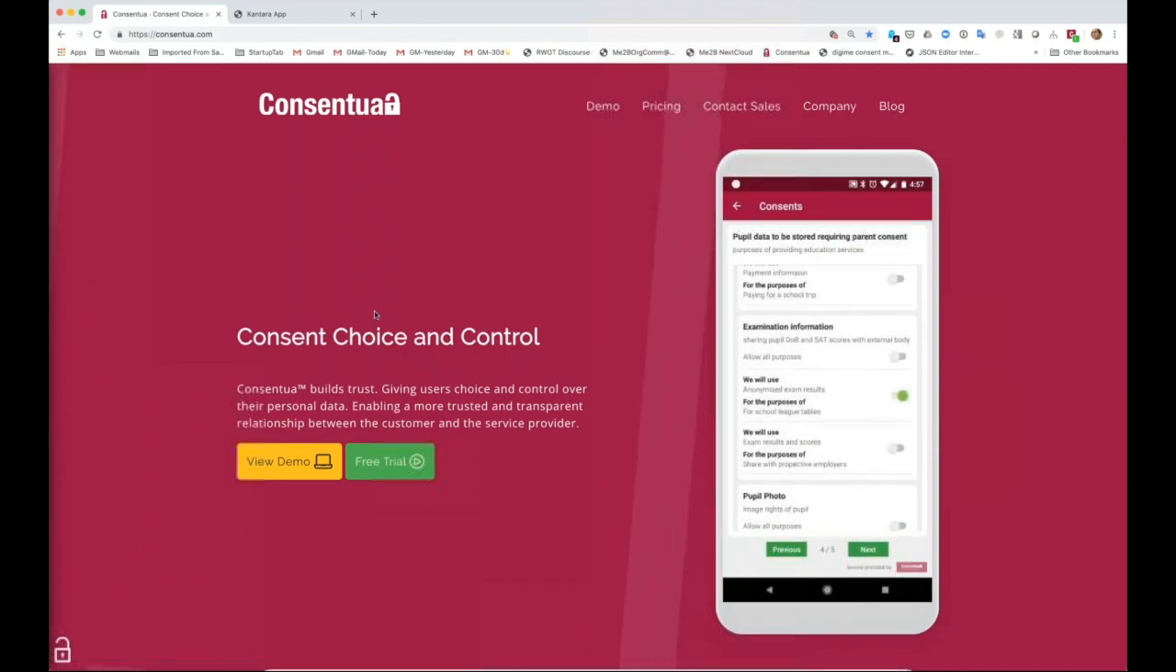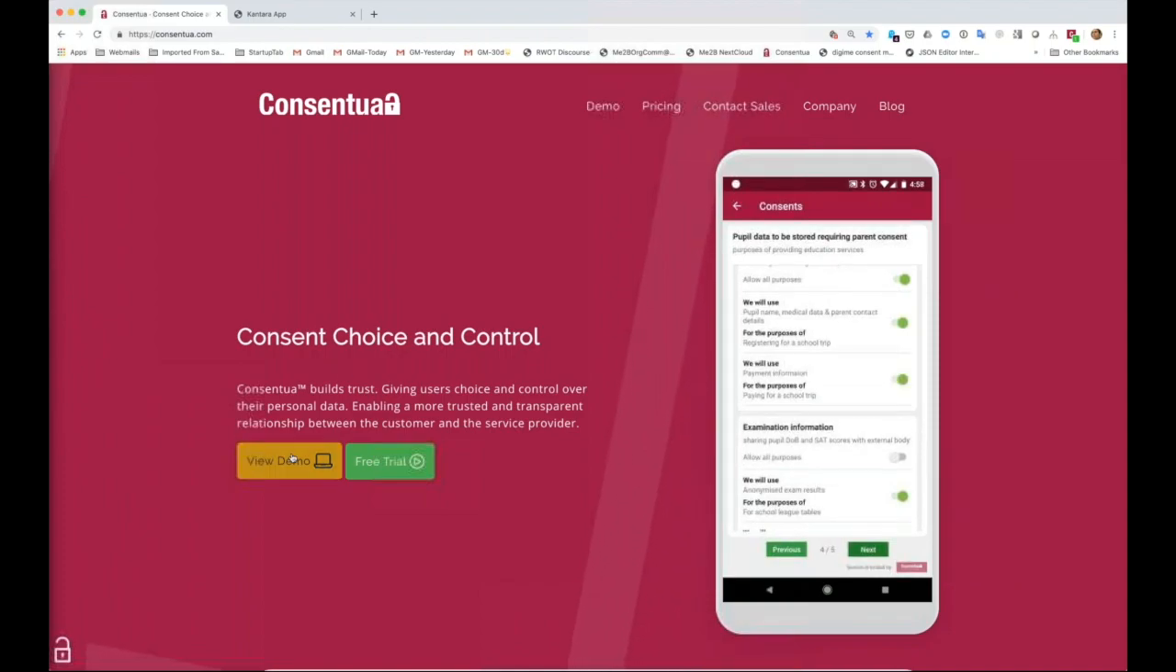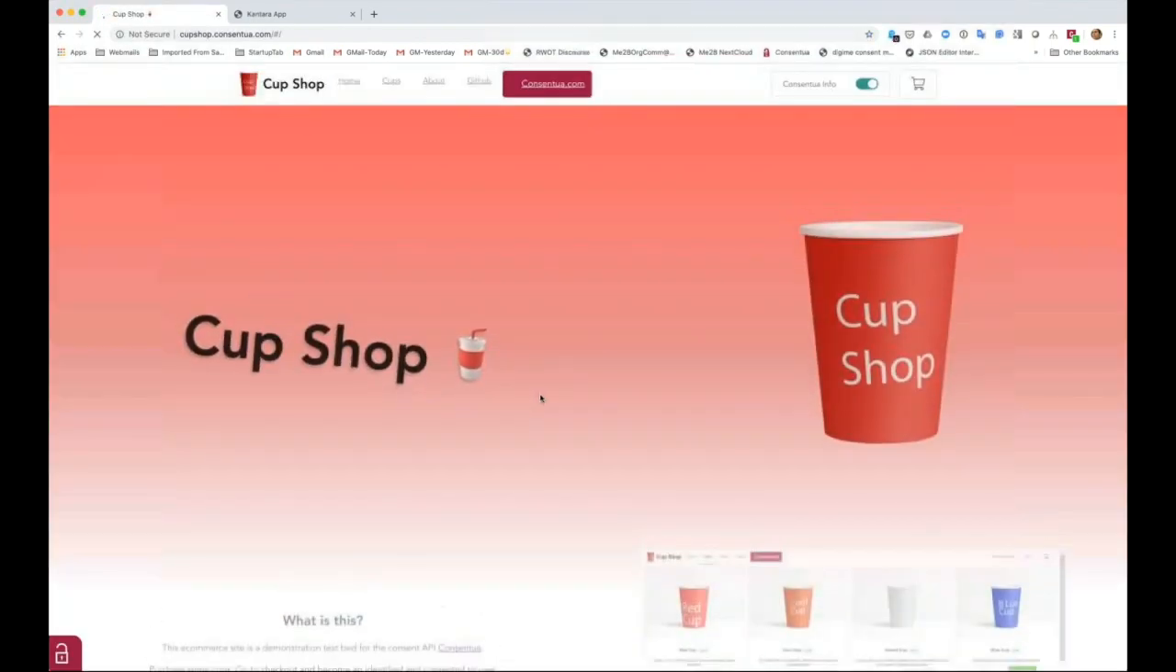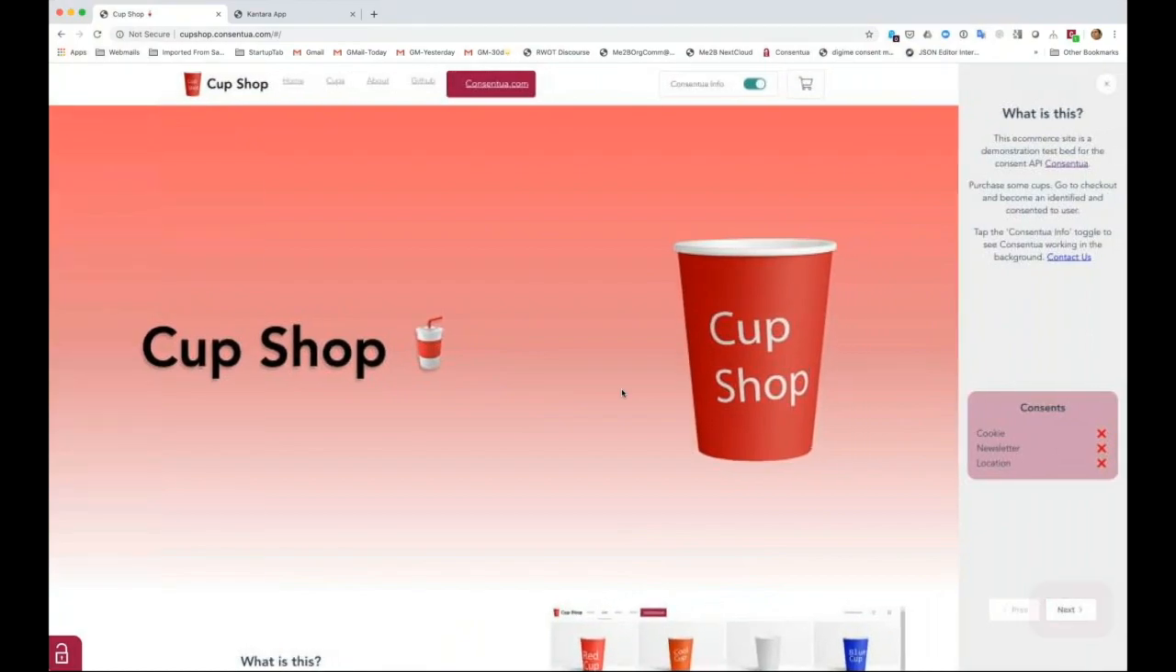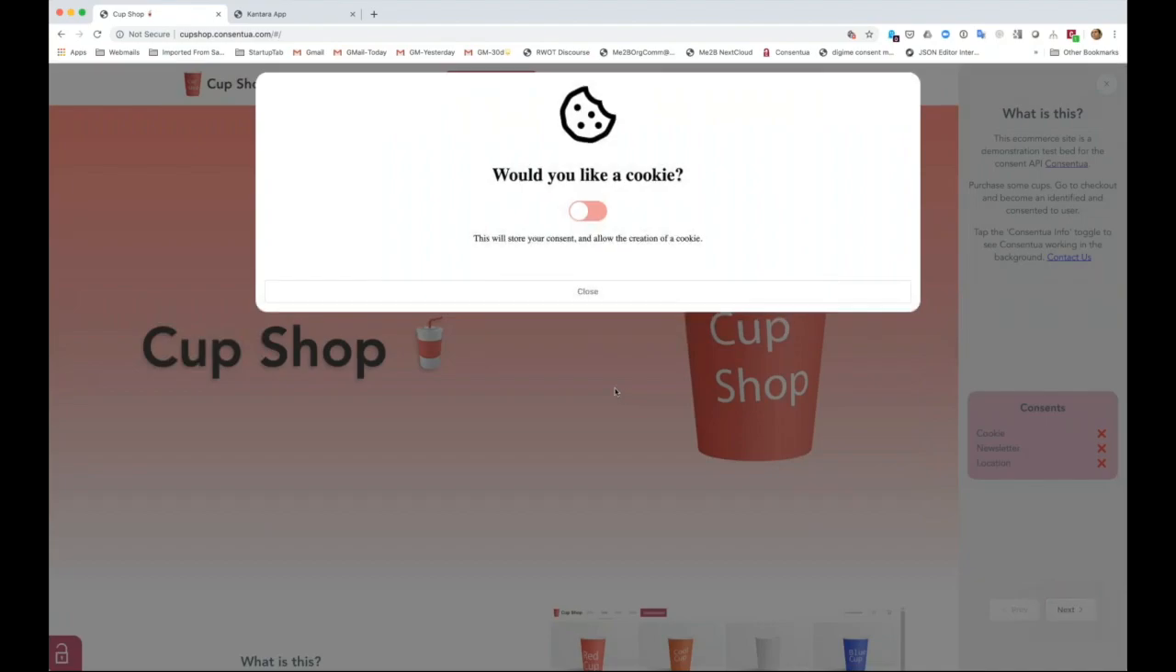So let's take a look at the Consentua demo. Now, the important thing here is that the paper cup shop was not customized in any way for this demo. This is the regular demo calling the Consentua APIs. That's it. So you'll notice that after a pause, Consentua on the regular demo